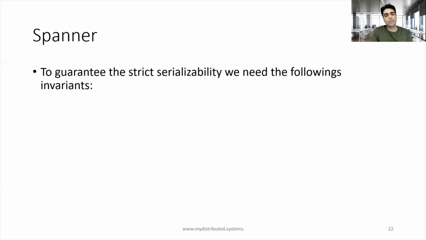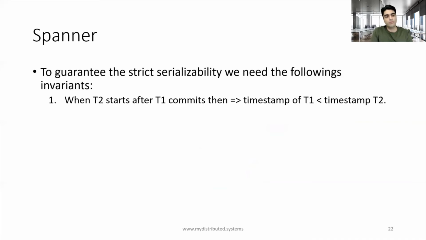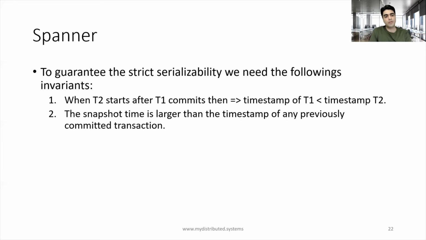To guarantee strict serializability, we need the following invariants. First, we need proper versioning, which we showed Spanner satisfies. Again, when T2 starts after T1 commits, then the timestamp of T2 should be larger than the timestamp of T1. The second property that we have to satisfy is that the snapshot time should be larger than the timestamp of any previously committed transaction. Remember, we said Spanner